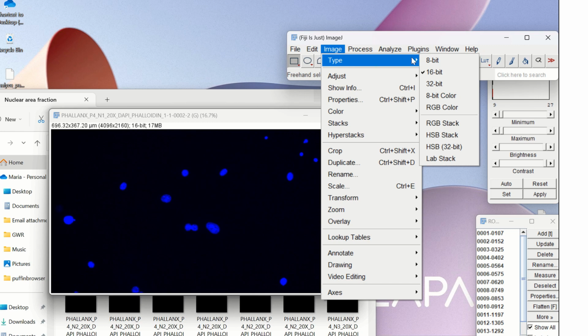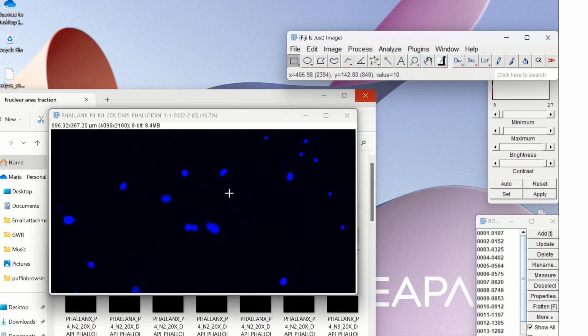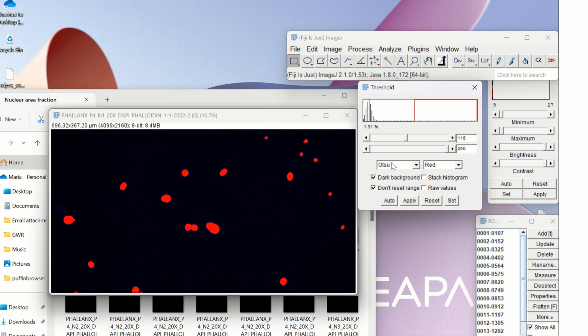Then we go to image type 8-bit. Okay, that's perfect. Then we want a threshold, Control Shift T. So we thresholded. I like using Otsu, but you have a selection of different thresholdings available, and these are just